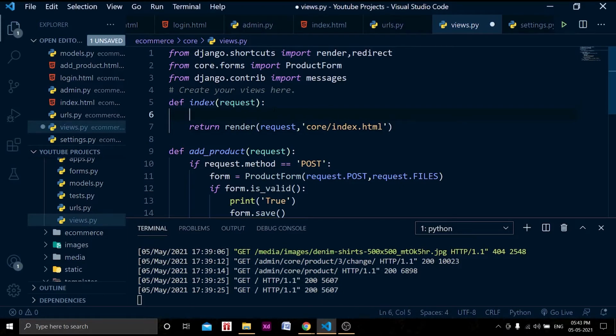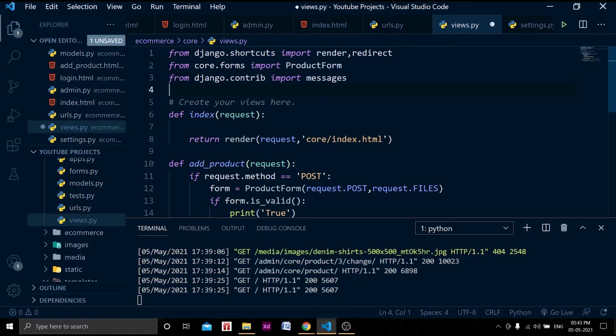So we need to import that model first. From core.models, we need to import the models. The model was Product. Let's name it products equal to Product.objects.all.